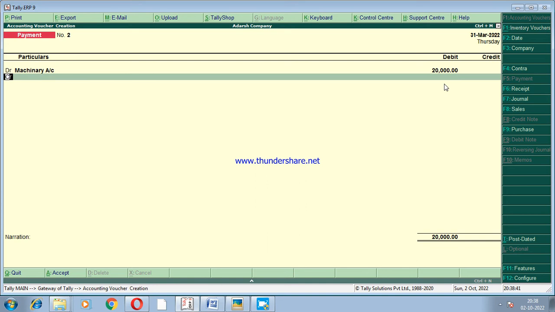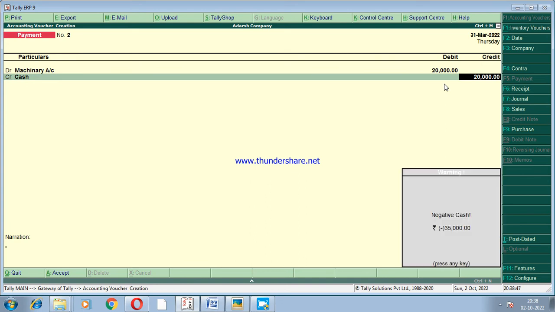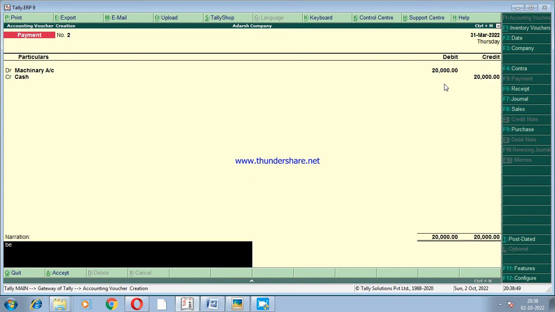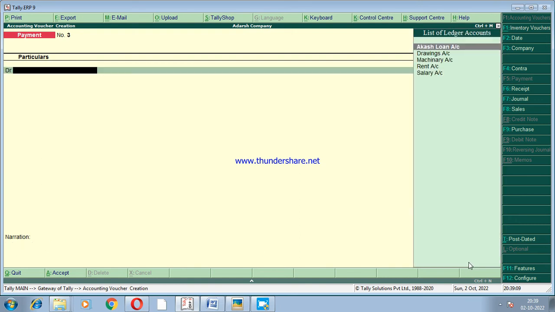So here, machinery account debit and credit cash account, 20,000. As usual, write the narration, which is a brief explanation of the transaction. So here, being machinery purchased. Press the enter key, click on the yes option. Then again,